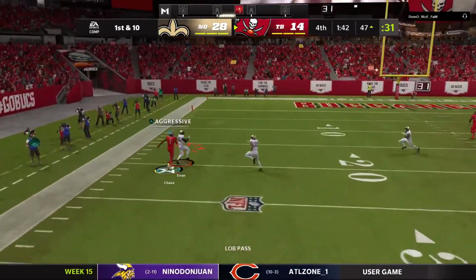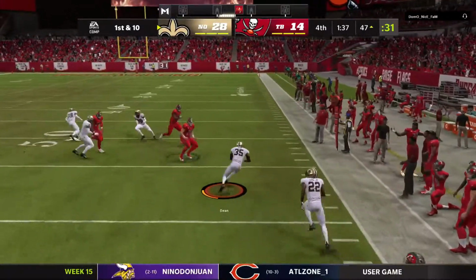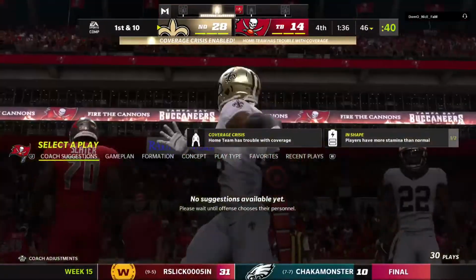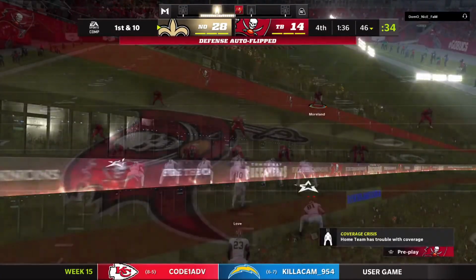He's going to loft one deep left side here. And this is intercepted, and that should do it. Picked off by Jamel Dean. And the Saints are in great shape here as they take over at their 46-yard line. Certainly not what he was hoping for, Charles. That's now 3 interceptions in this ball game. But there's a lot of